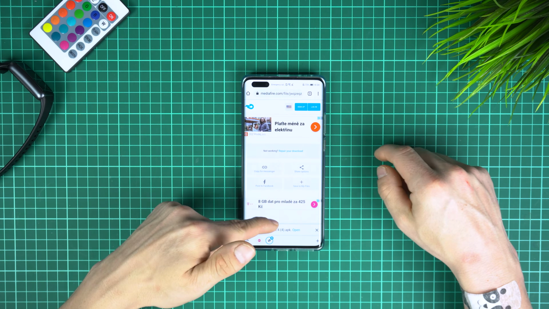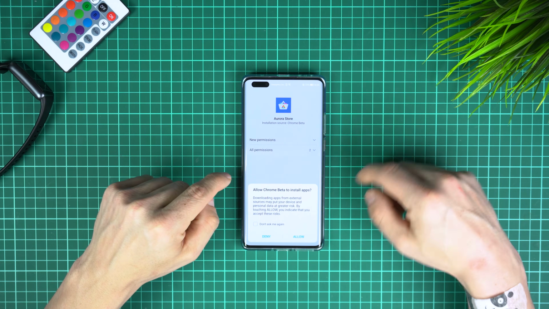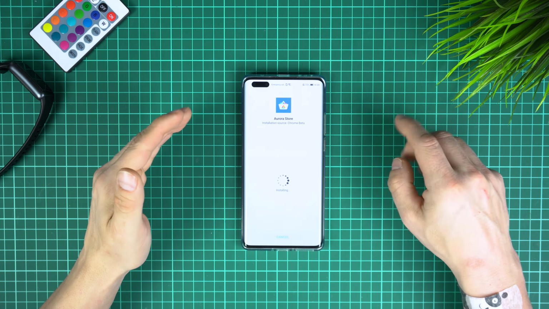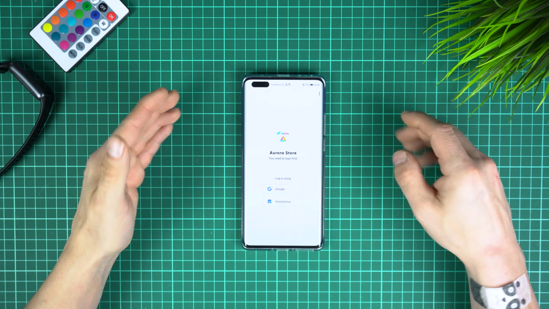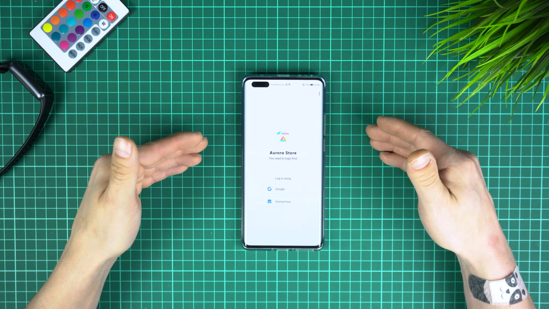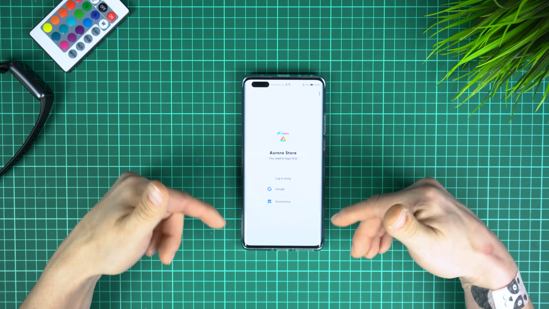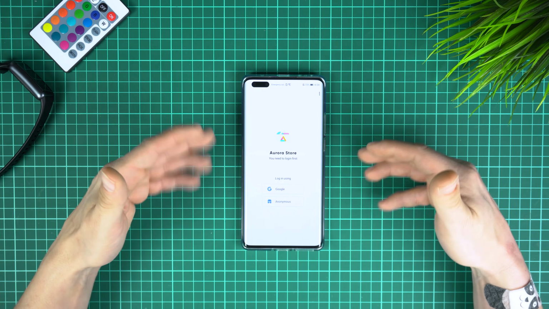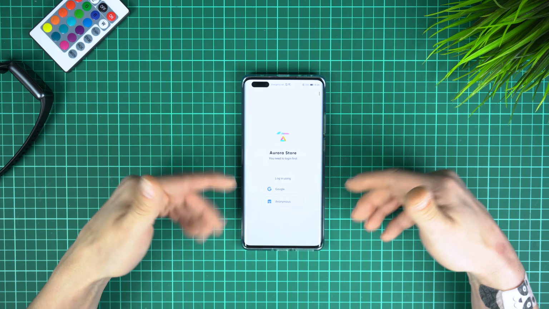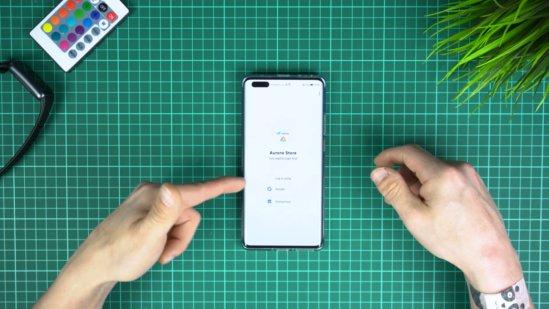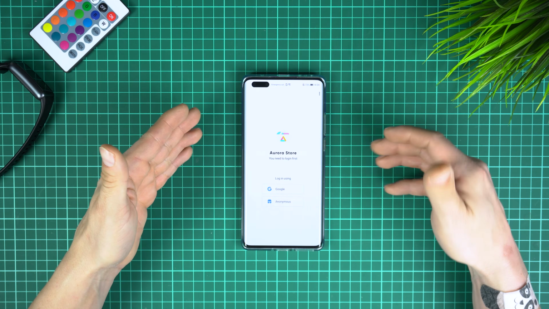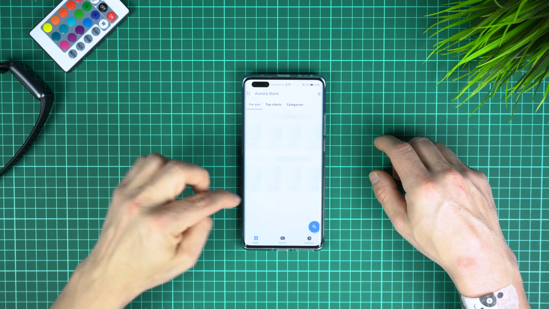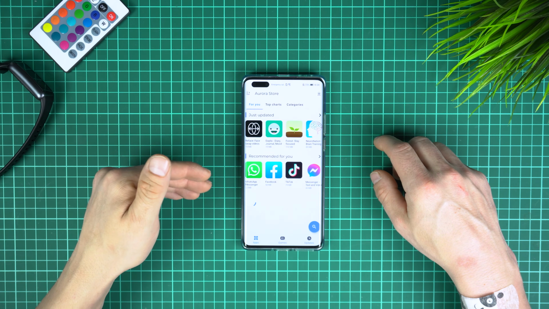This is the Mate 40 Pro. Now you have to tap on open right here and tap on allow, no risk detected, cool, and now tap on install and tap on open. Opening the app for the first time will ask you if you want to log in with a Google account or as an Anonymous user. Because you don't have Google services, tap on Anonymous, but if you want, you can log in with your Google account. So I tap on Anonymous, and it will rapidly log in and